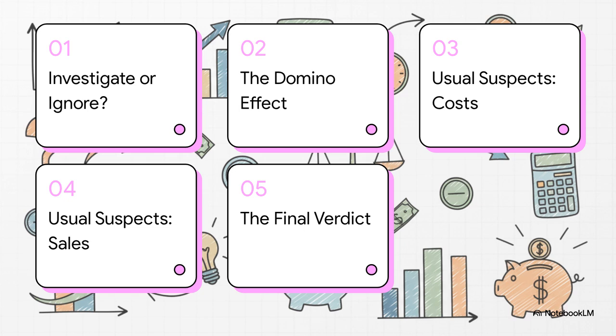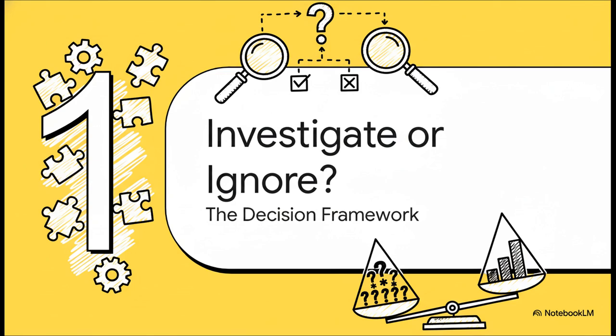Okay, so here's our game plan for this investigation. First up, investigate or ignore. Then we'll look at the domino effect. After that, we'll get into the nitty-gritty with the usual suspects for both costs and sales. And we'll finish up with the final verdict. Let's get into it. All right, first things first, we have to figure out whether to investigate or just ignore